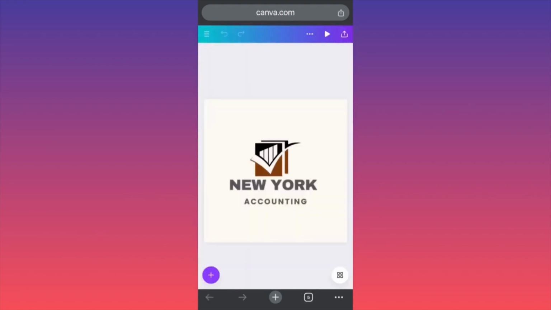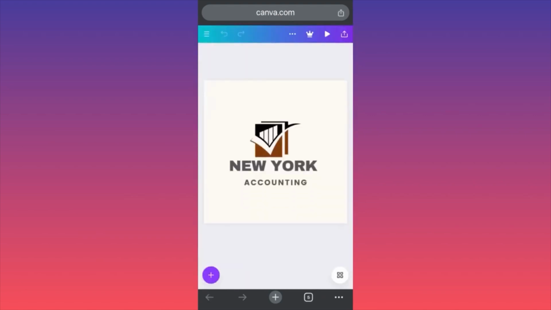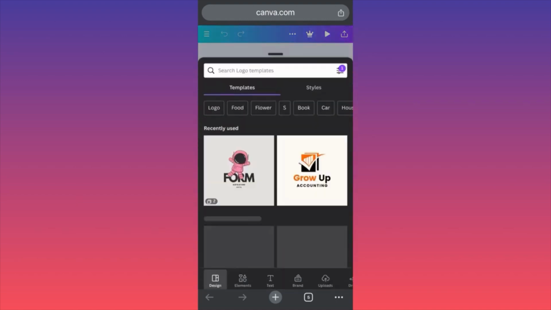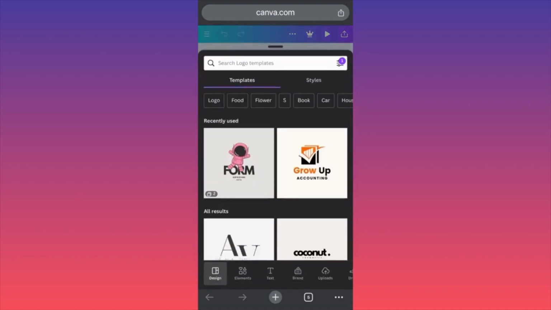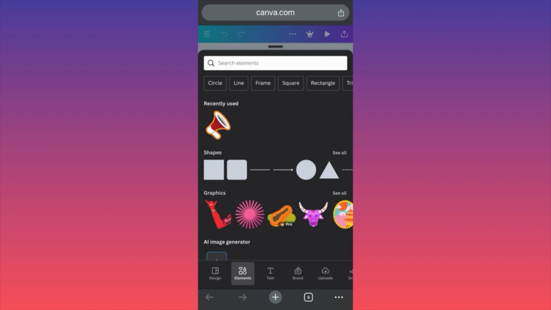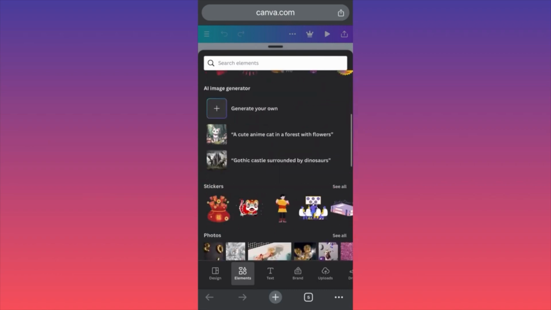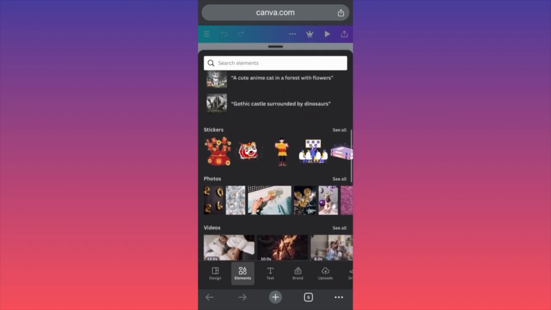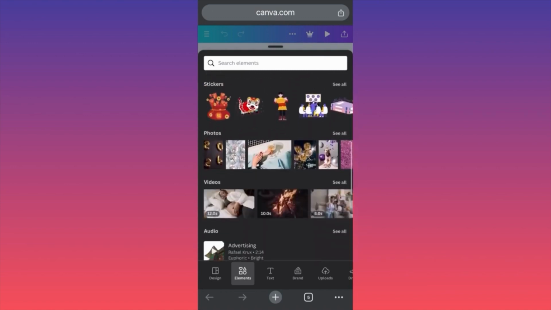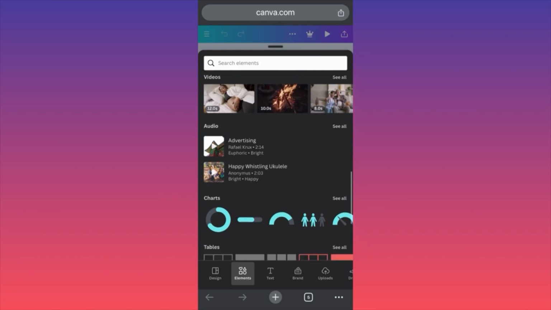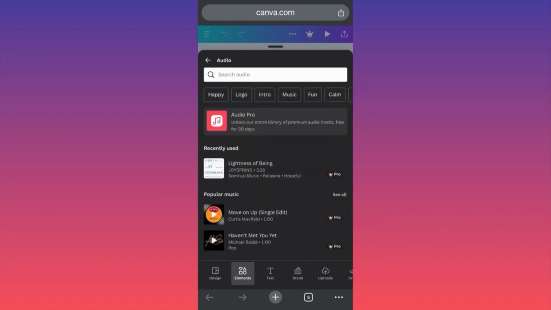For example, if I add this previous logo, let's say for example we want to add music to this logo, right? All we gotta do is to click on the lower left side of the screen, click on the plus sign, then you have a special menu popping up, right? And then there is another menu underneath. All we gotta do is to switch from design to elements, and here, very important, you want to come over and you want to scroll down, because you see there are stickers, there are photos, there are videos, there is audio. So this is where you're going to click for audio,